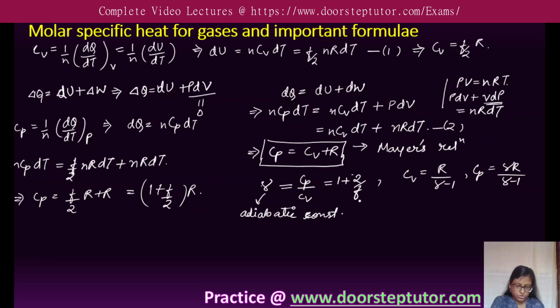Okay, so from here we get another relation for change in internal energy, which will be equal to nR upon gamma minus 1 dT, and from the ideal gas equation we can write this as VdP upon gamma minus 1. Okay, so these are some of the important relations. So next